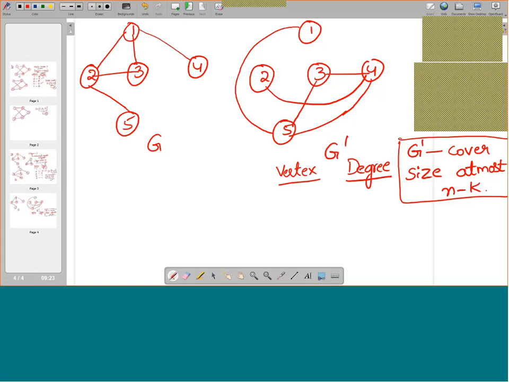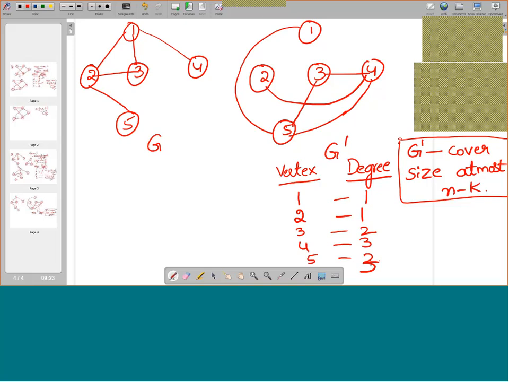So for 1, degree is 1. Next, for 2, it is also 1. For 3, it is 2. For 4, it is 3. For 5, it is 3. So now